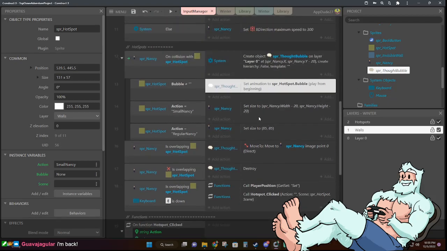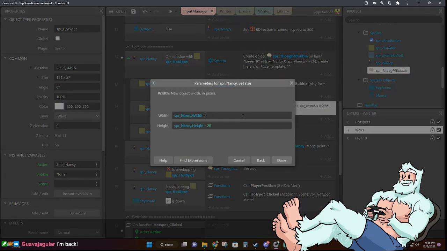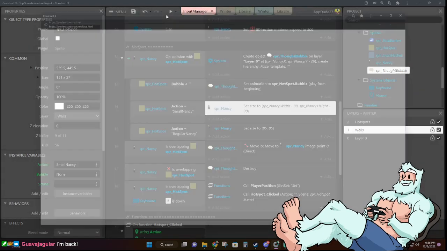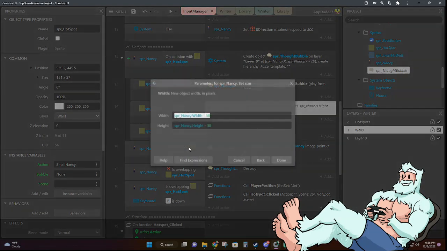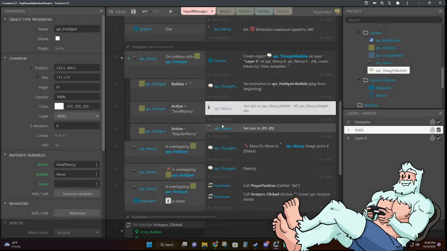So instead of subtracting 20, we'll be subtracting 30, and then same thing here, we'll be subtracting 30. So to make it look like Nancy is walking off into the distance, I have her character set to something smaller. It doesn't look small enough. Nancy is still taller than the door, so we're gonna do 40 instead, and do 40 here as well, and